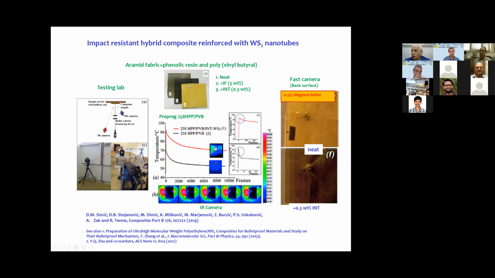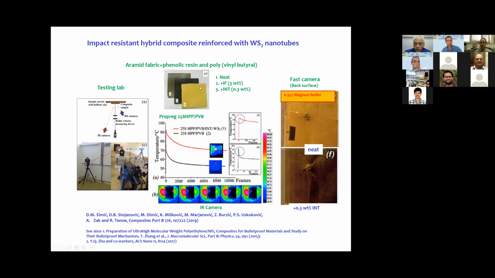plates that were prepared for protection in safety jackets. So here is a plate made from aramid fabric with phenolic resin. And this is without any nanotubes. And this is with 1% nanotubes. In this laboratory experiment in Belgrade, Serbia, they could show that when they shoot the bullet, it penetrates the blank or neat plate without the nanotubes, but it does not go through the plate with the nanotubes, even though there is only 1% nanotube there, and you can verify it here, how the bullet starts to penetrate, and eventually